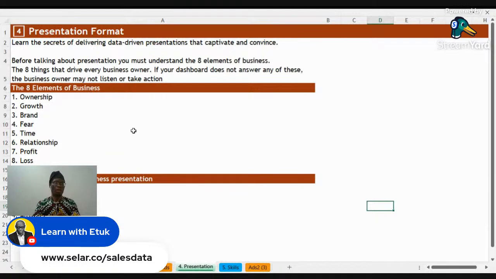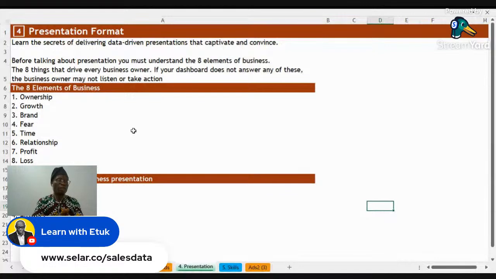Number 1 is ownership. Every business owner loves anything that will help them to own, sometimes to be the first to do something or to own something. For example, if you talk about Elon Musk, he started Tesla, he owns electric vehicles, he owns this. If you mention business owners, you see they love the things that they own. So, something that will help them own. Another thing, number 2, is anything that will help them to grow. There's no business, I think, that is looking towards a situation where the business will fail or fall. Every business is looking at growth.